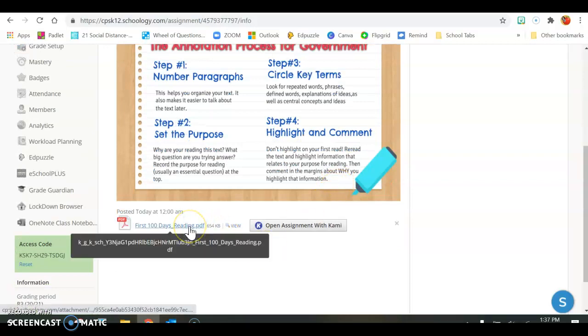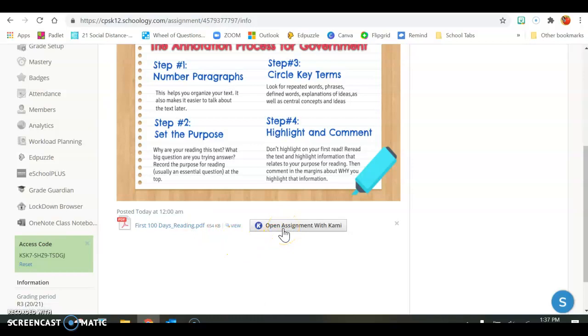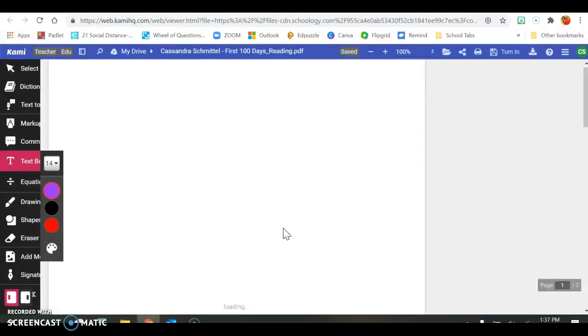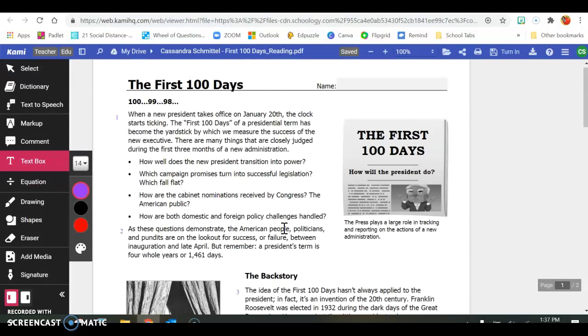Then, down here we have a PDF of the reading, but we don't want to click on that. We want to use Kami to annotate so we can highlight and write in the margins. So I'm going to click this button. This is Open Assignment with Kami. So here it gives me a copy of my assignment, and because I've already started annotating,